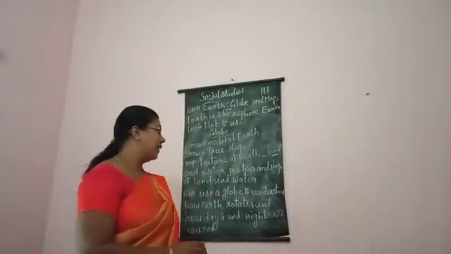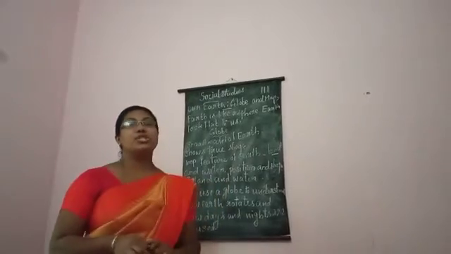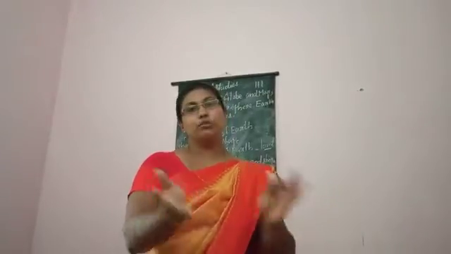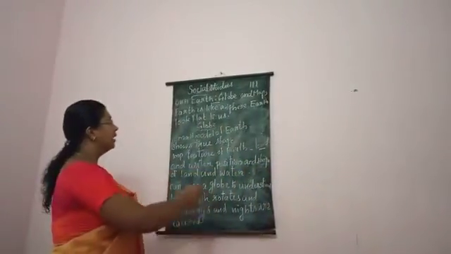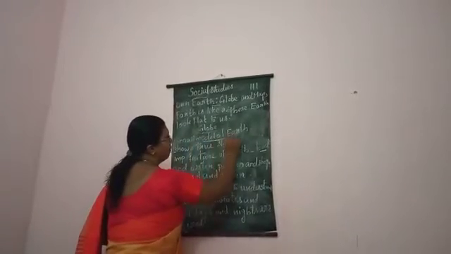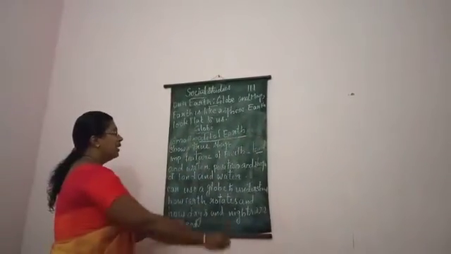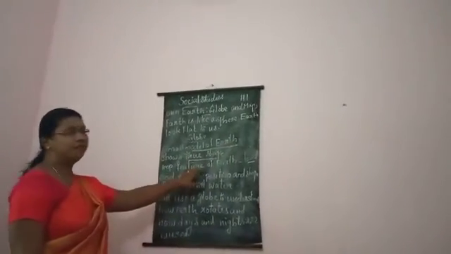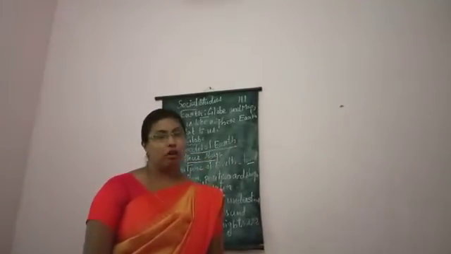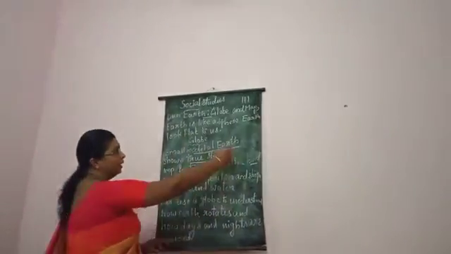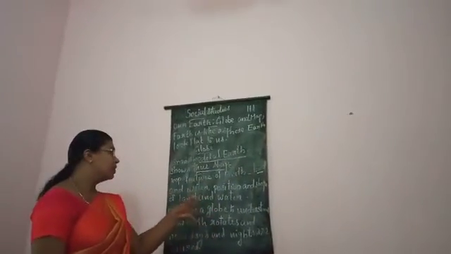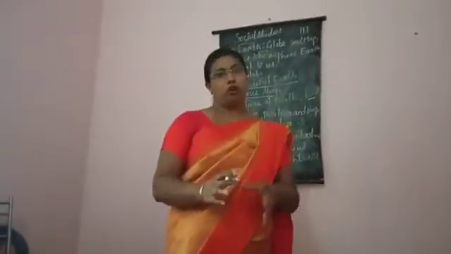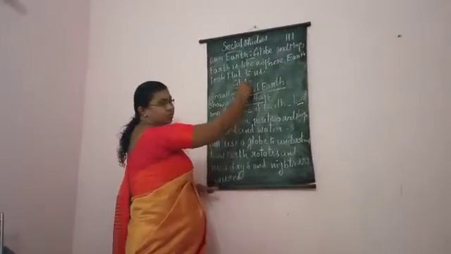And the next thing is that the position and shape of the land and water can also be seen through this globe. So listen carefully. Globe is the small model of earth. It shows the true shape of earth. Then important features of earth, land and water also can be seen in the globe. And the position and shape of this land and water also can be seen through this